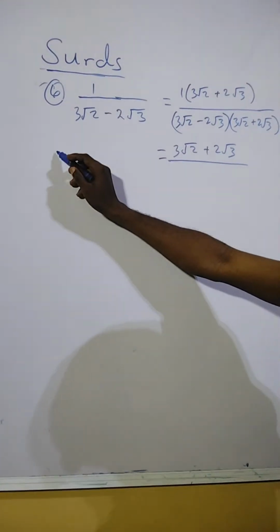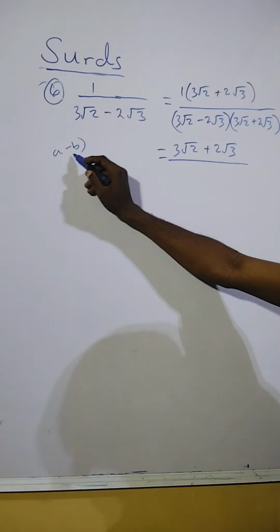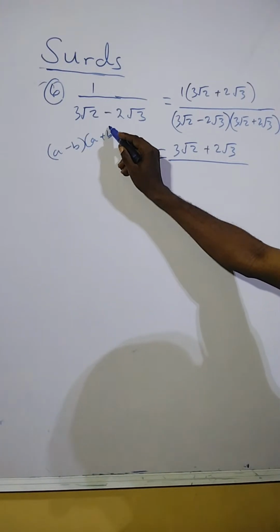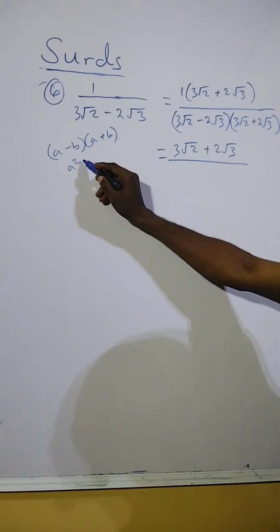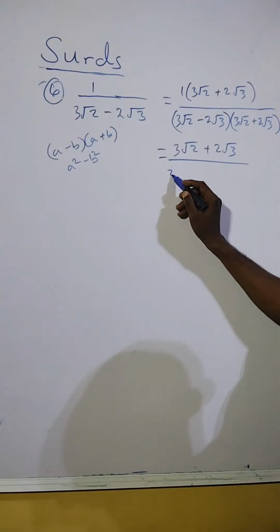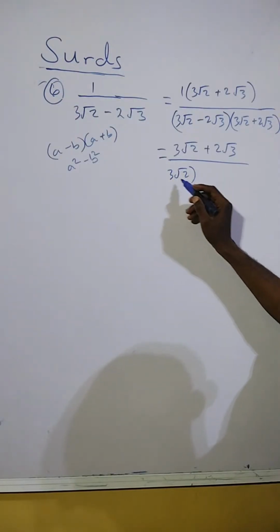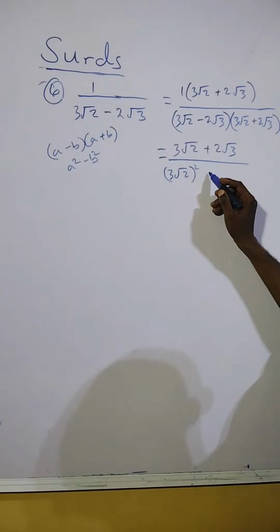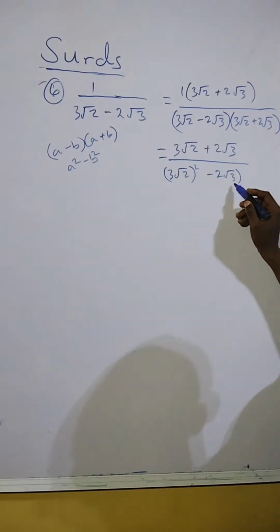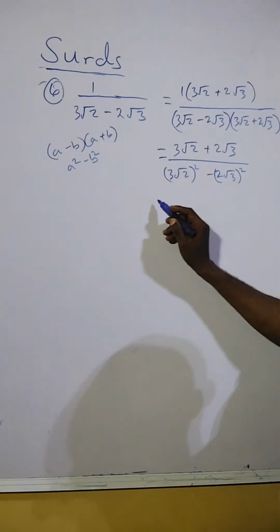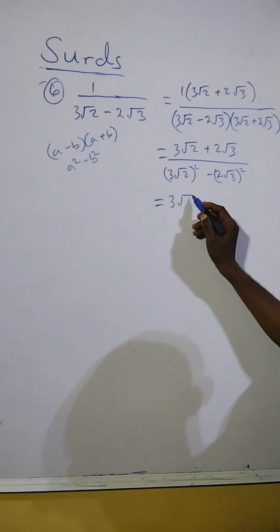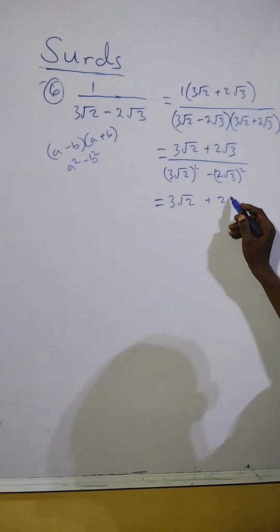Also, this follows when we have a minus b into brackets, a plus b, which is the same thing as a square minus b square. Here we have 3 root 2 all squared minus 2 root 3 all squared. Then this is the same thing as 3 root 2 plus 2 root 3